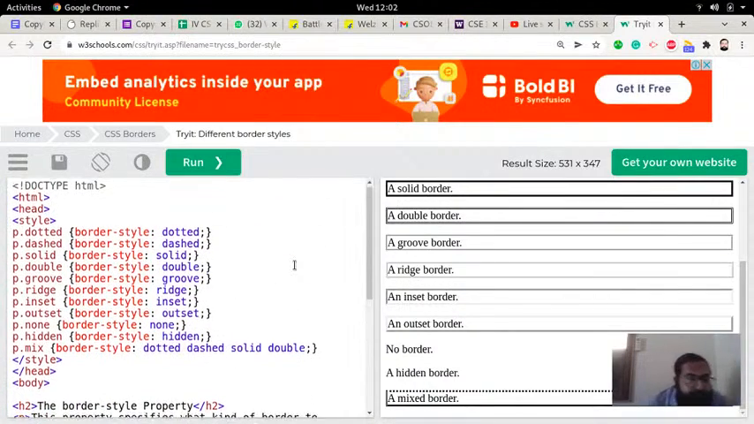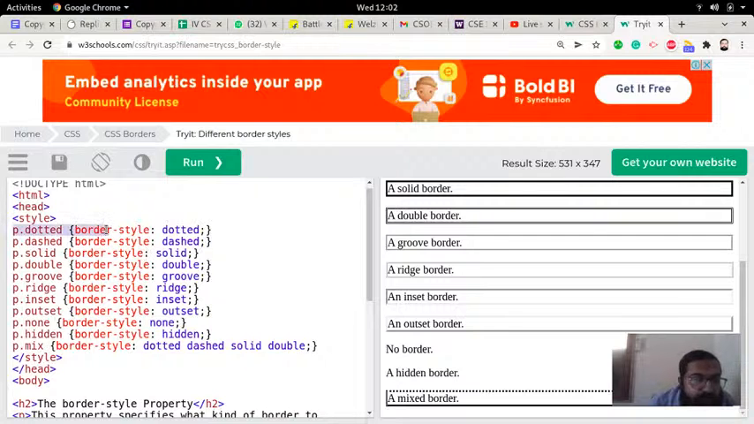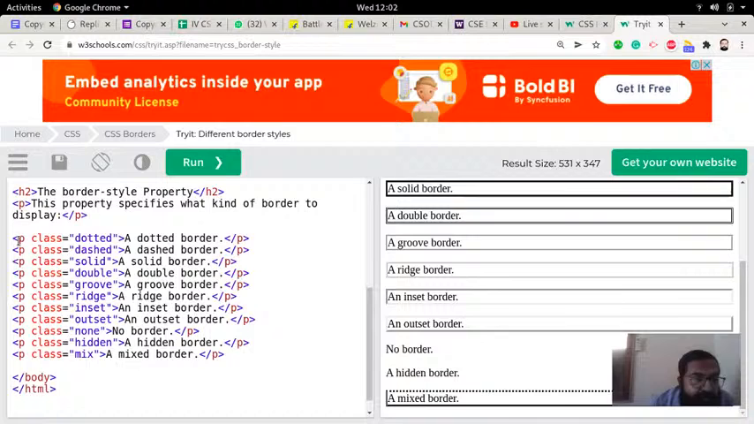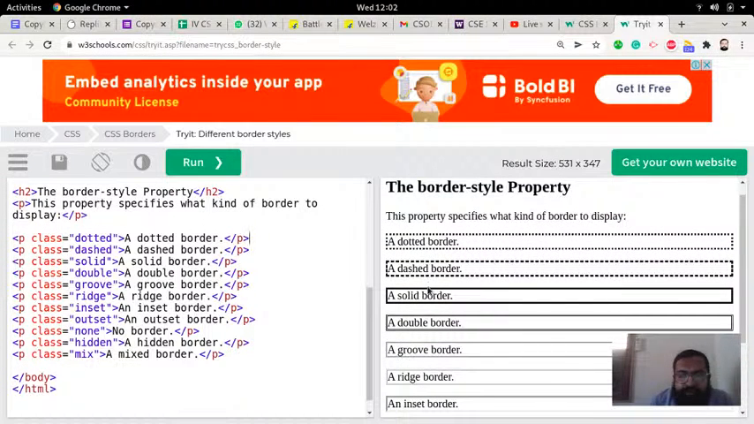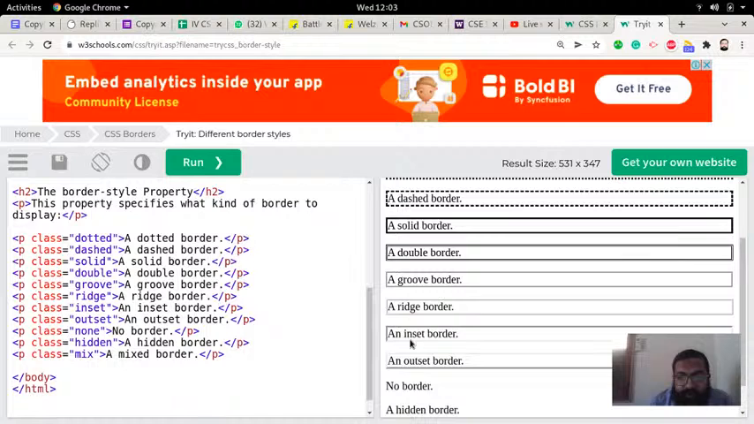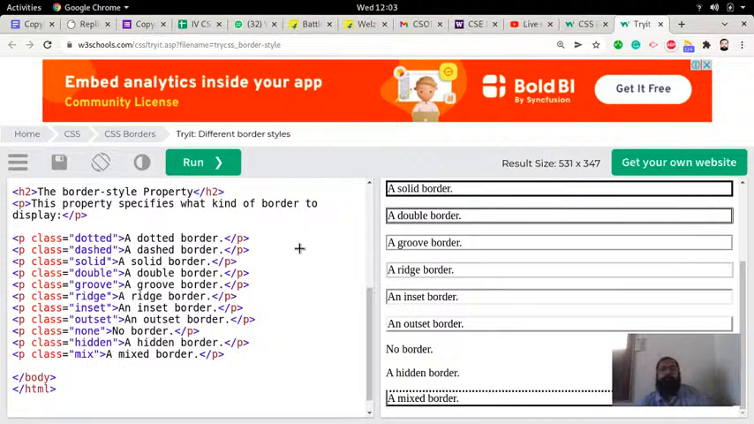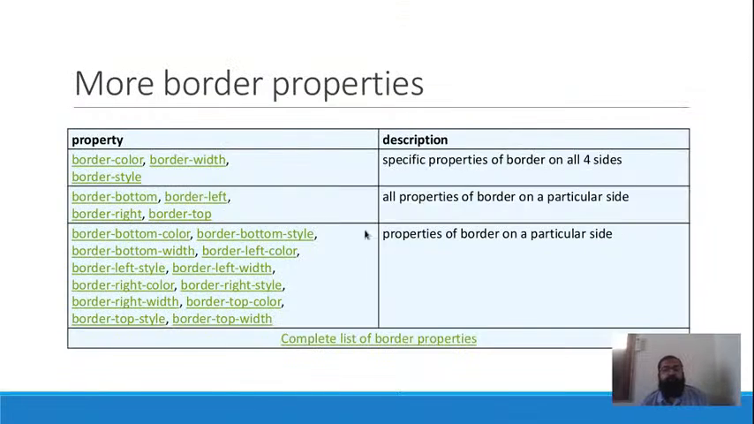So this is a very good way to write the code. Say for example, you have p.dotted with border-style dotted, and how you will apply it is you will apply it with the class dotted. Okay, and then it will give a dotted border, then a dashed border, solid border, double border, groove border, ridge border, inset border, outset border, no border, and so on. Okay, now